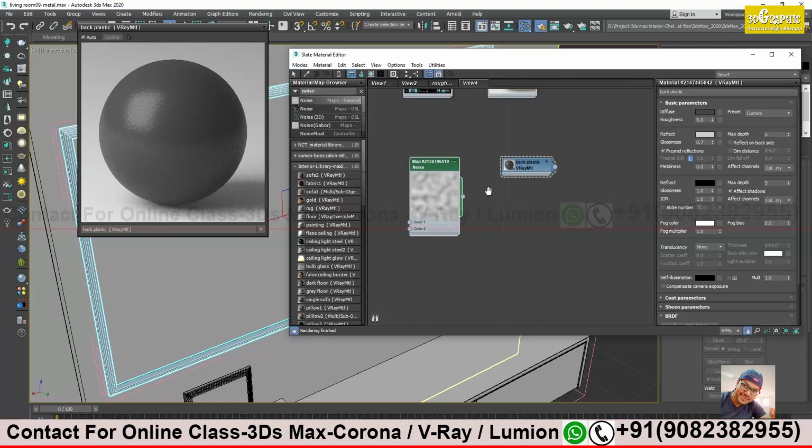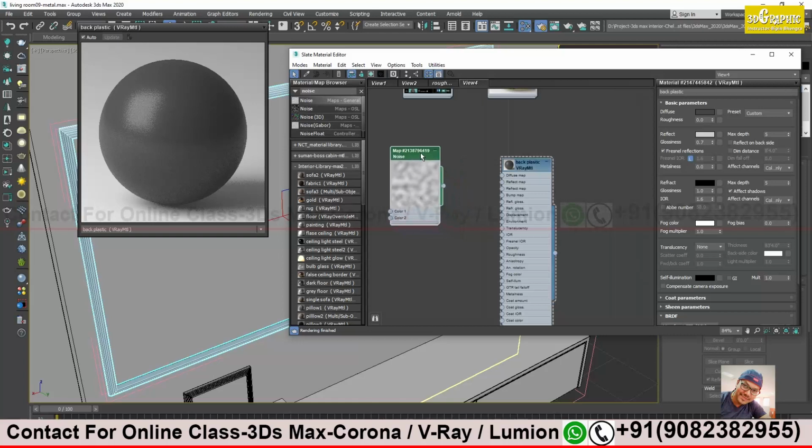I will apply this on my bump map as well as on reflectivity. So it will reflect like that only. Some portions will be more reflective, some portions less reflective. Like you see, a small grain, particle kind of effect will be there.